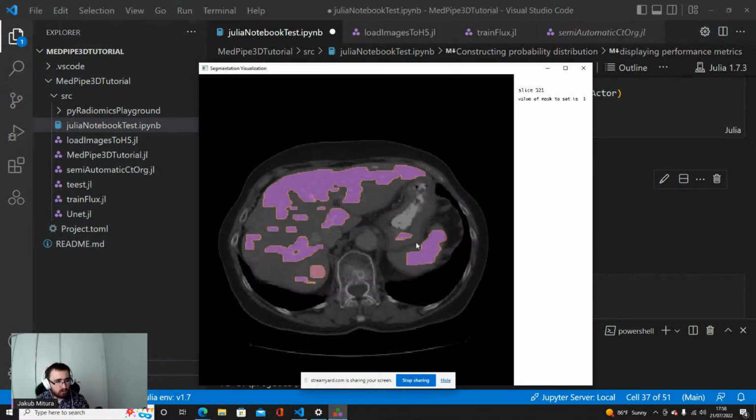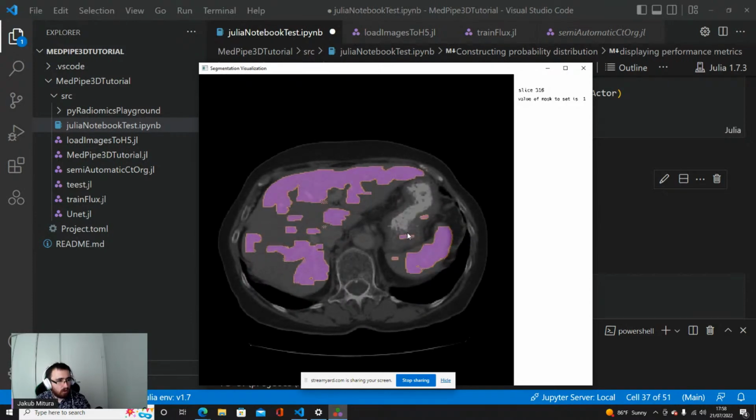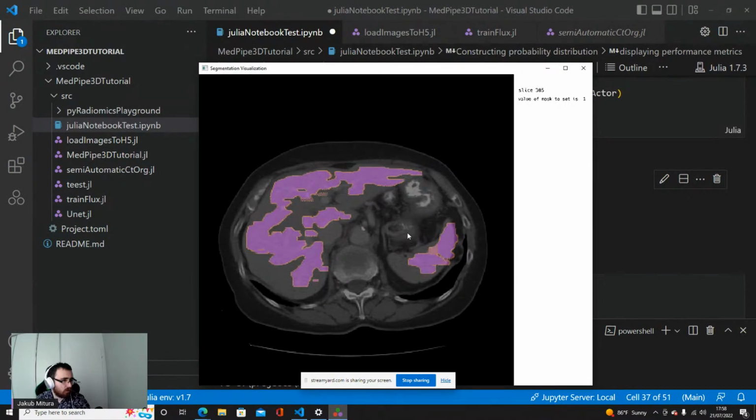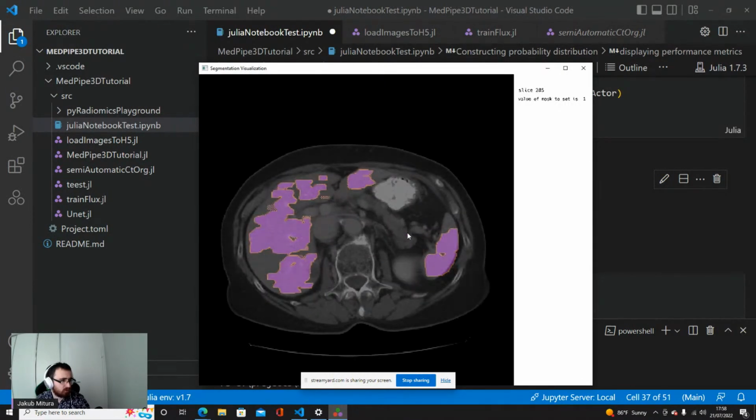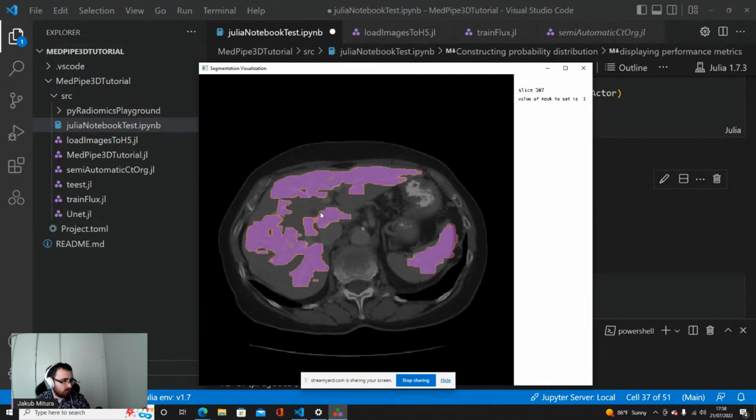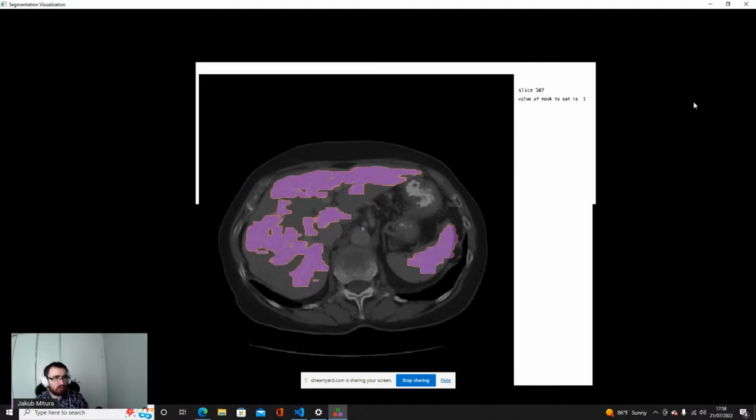There are some points also in the stomach, in the gastric mucosa, but we are doing a better job. Still, there are a lot of points that are not marked as liver that should be.